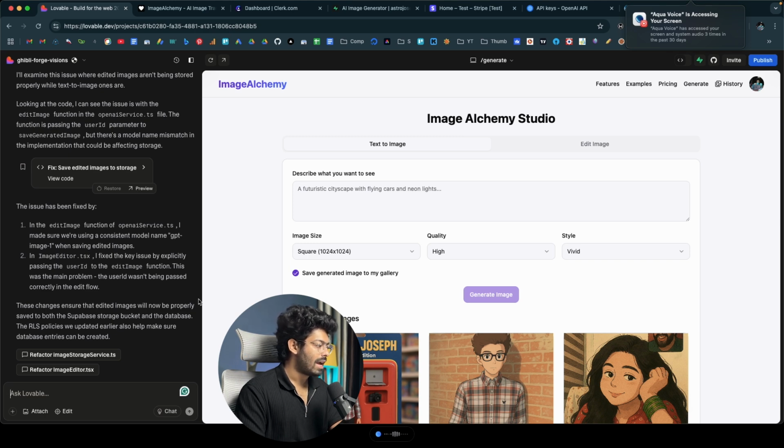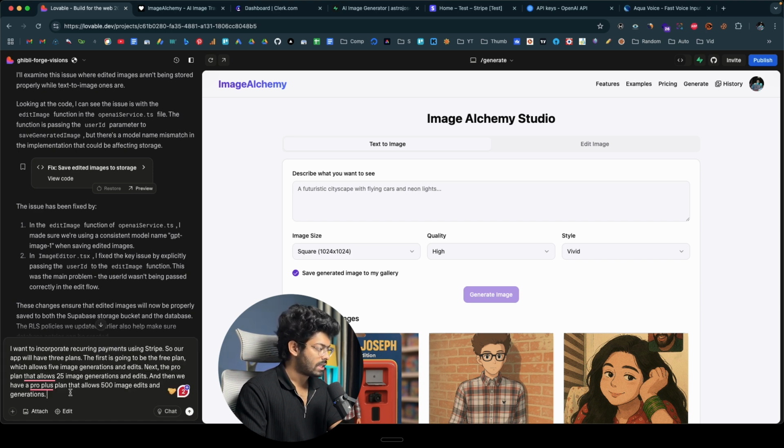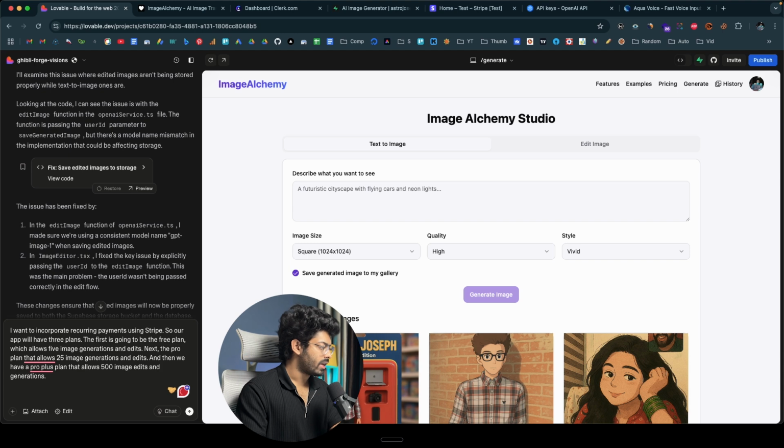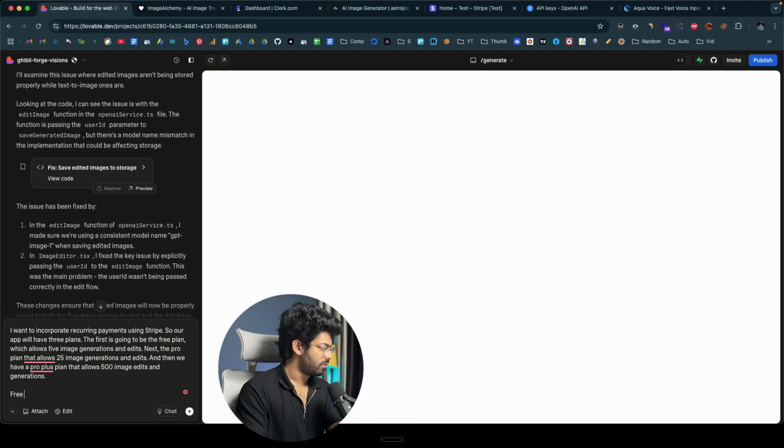So our app will have 3 plans. The first is going to be the free plan, which allows like 5 image generations and edits. Next up, the pro plan that allows 25 image generations and edits. And then we have a pro plus plan that allows like 500 image edits and generations. So that is nicely filled up for me. And now I can go ahead and say free plan